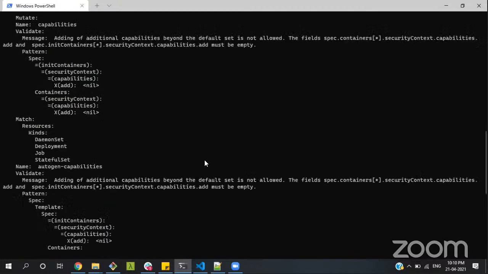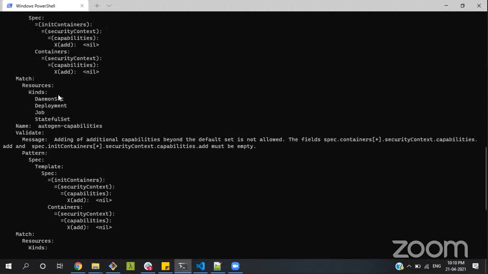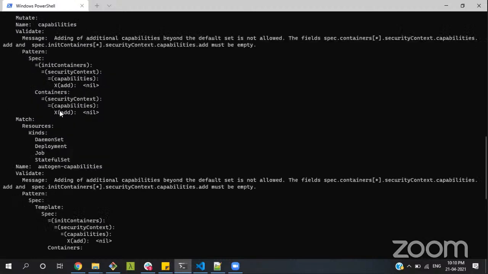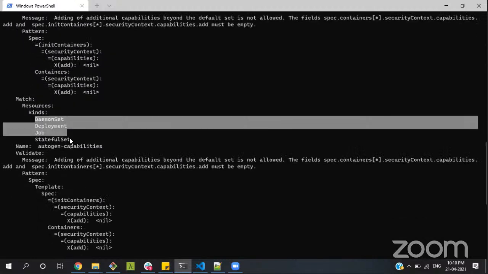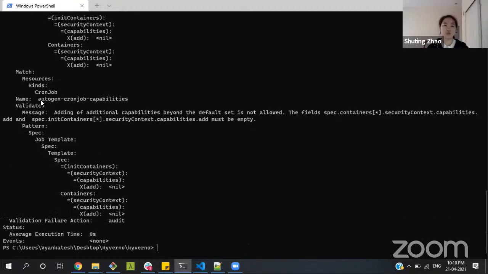as we can see, the autogen rule is working for all the pod security policies using Helm. So the cron job and